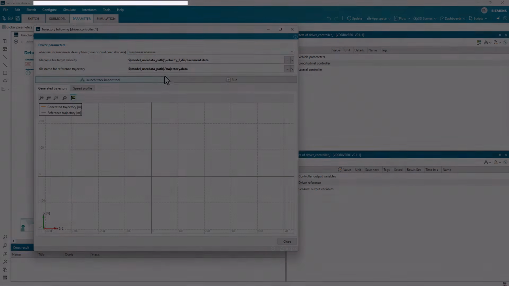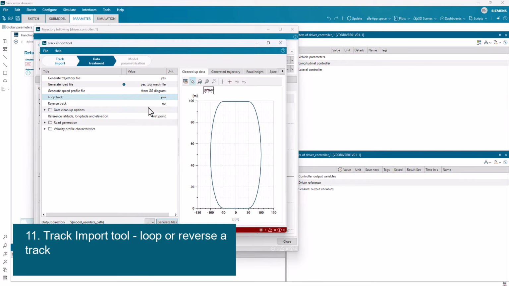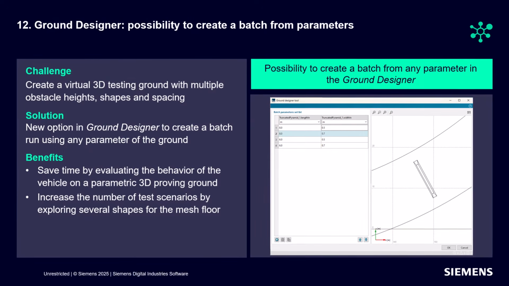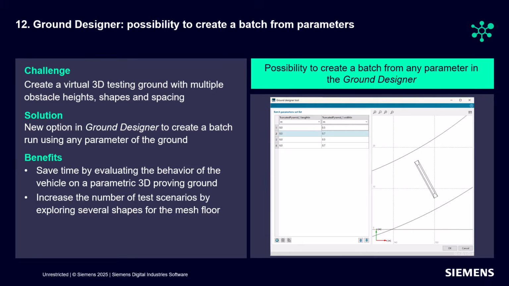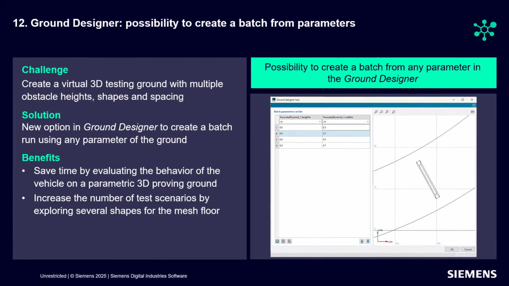So here it's an oval track, and here I want to highlight the fact that in SimCenter AmSim 2511 we can now loop tracks, so that we can go round and round for a while with this model. And it's also worth mentioning that in these tracks you can edit the ground to add obstacles such as bumps or holes, and now batch run them using the Study Manager, meaning you can add dimensions of those road imperfections into the Study Manager and use batch run just like you do with any other SimCenter AmSim parameter.